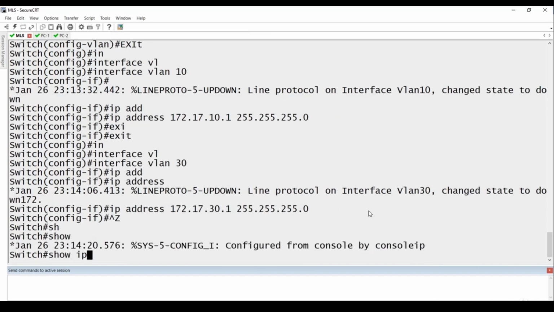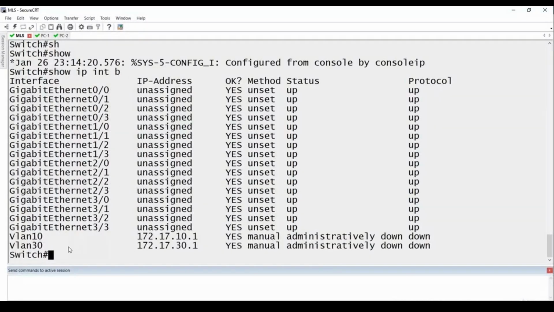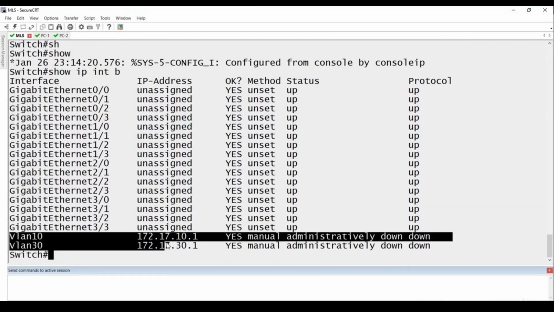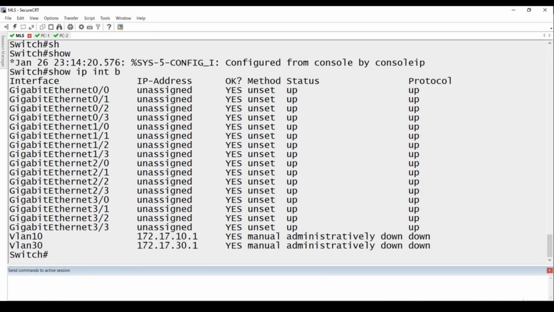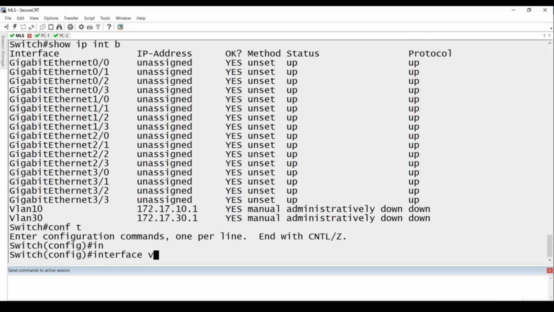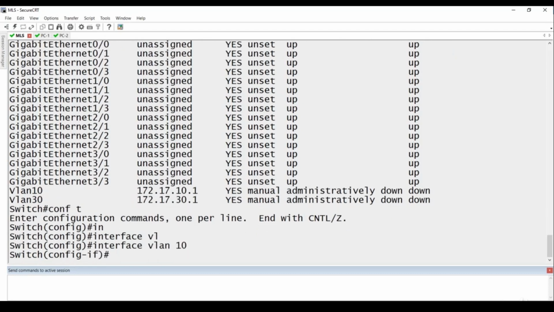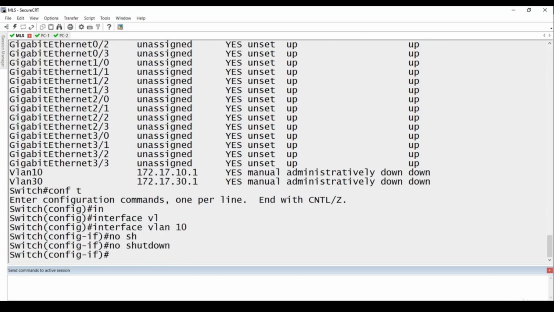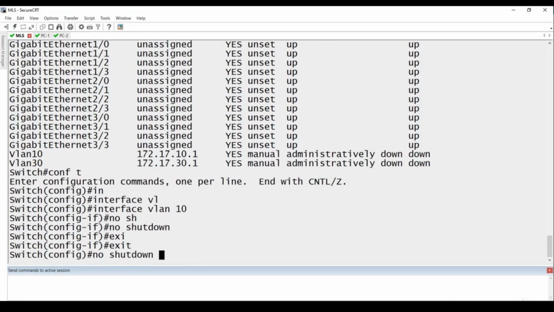Show IP interface brief. I did create 2 VLANs and their interface is administratively down and protocol is down. So what I need to do is go inside the interface, VLAN interface 10, and say no shutdown, exit, and